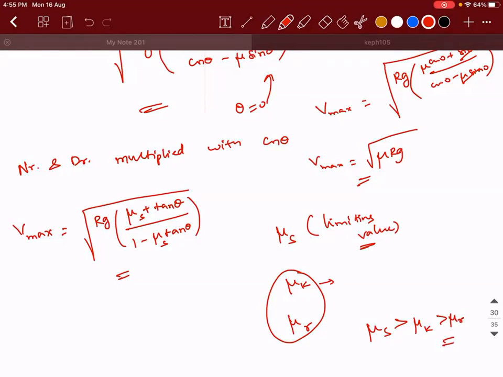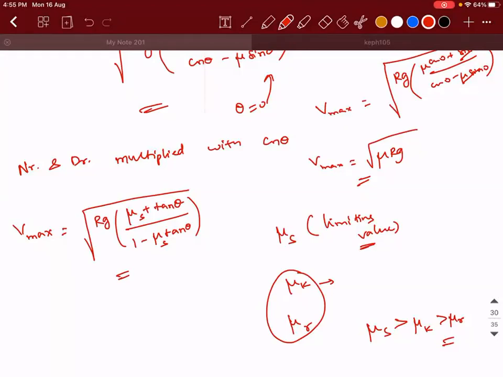Here, why are we taking static friction, sir? Because of the limiting value. When they laid the roads, they would not have calculated kinetic friction. See, you think logically, right? When you're doing something, you will try to have the maximum safety in your hand. So when they laid that road, they would have definitely taken the maximum static friction coefficient that the road can offer. That is the reason why static friction is there.